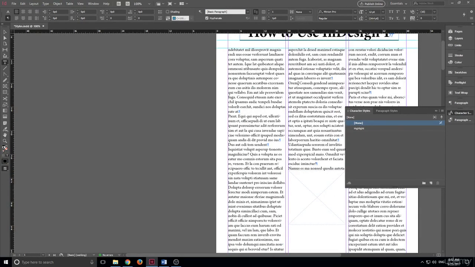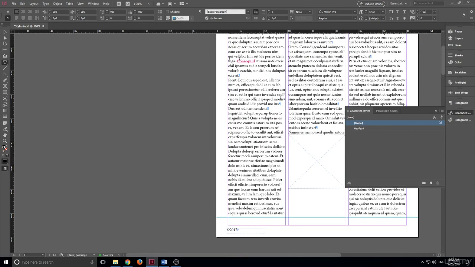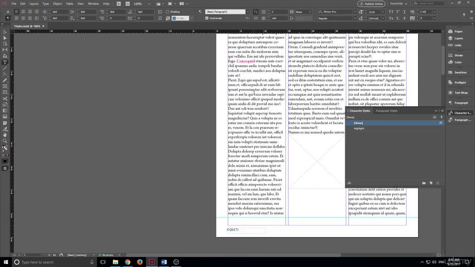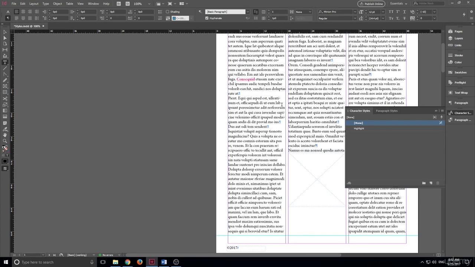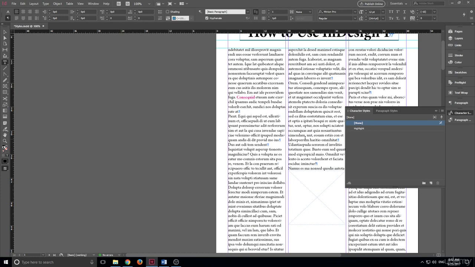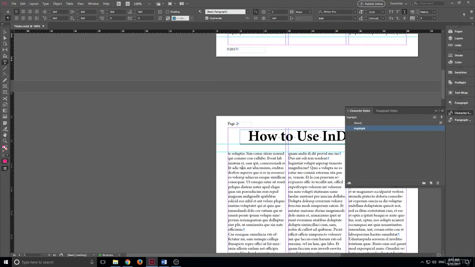And now let's say we wanted to go through here, and that's an important word right there. So now we can actually just highlight it, click highlight, and you'll see that it does the highlighting for us. It highlighted it, it underlined it, and it colored it. And we didn't have to select any of those three options to do that. And so now we have this really practical character style here. Every time we find an important word, we can highlight it and click just like that. Let's go here,